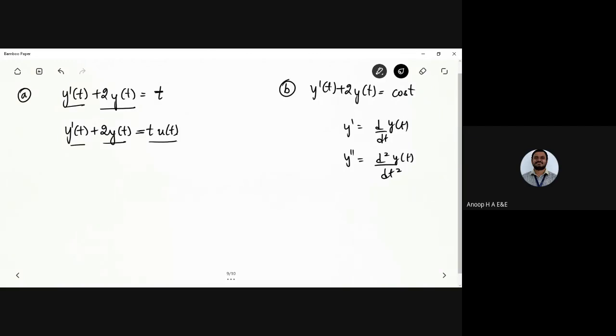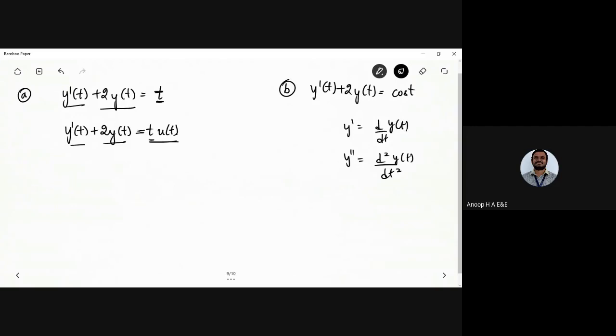Yes, okay. Now, I have this input written as t into u of t. Why did I write it as t into u of t? I need the input that is on the right hand side of the equation. So I don't need it at t equal to 0 itself or at any other values. If it were u of minus t, I would have written it as the left-handed signal, right? So this one is a positive value. I need the input signal applied as t into u of t, which is multiplied for t greater than or equal to 0.